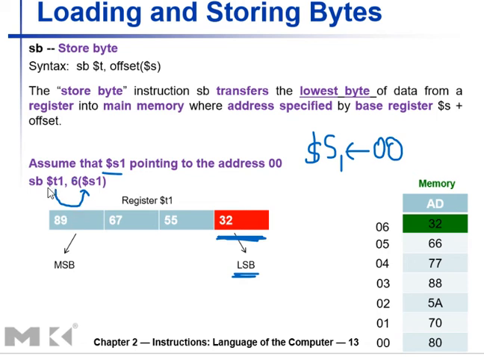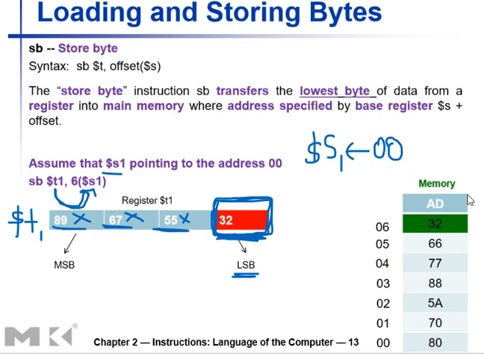Let's assume register T1 contains a value. This is register T1. The register T1 can contain many values, but I don't care about those. What do you have in the most significant byte? But what do you have in the least significant byte, the lowest 8 bits? That 8-bit value matters. Don't consider these other values, these are all not considered. They can be anything. But the lowest 8-bit value will be stored onto the memory.